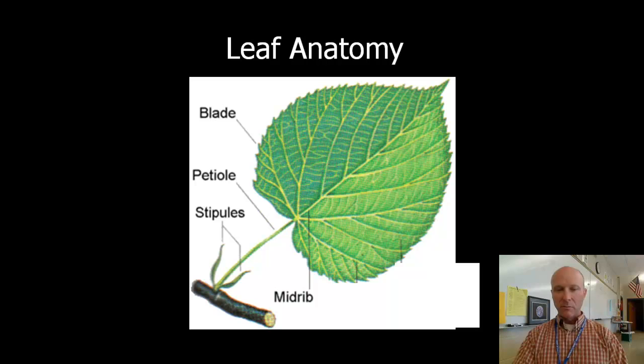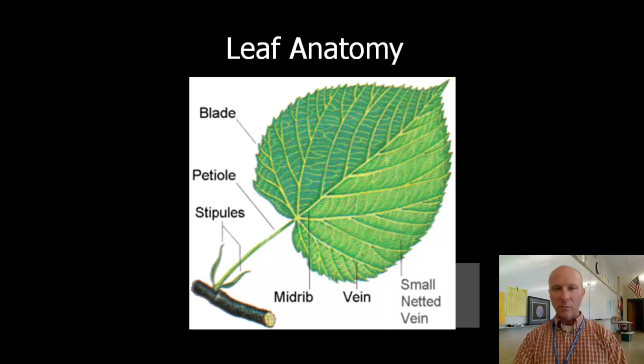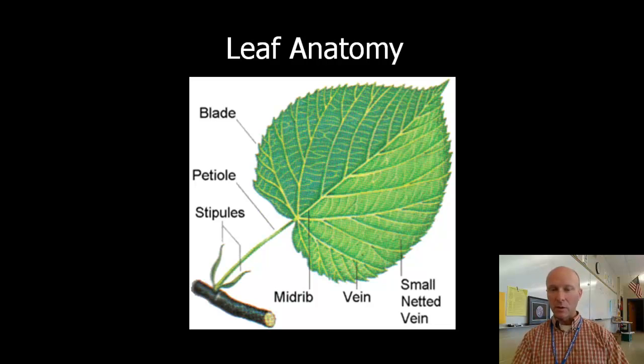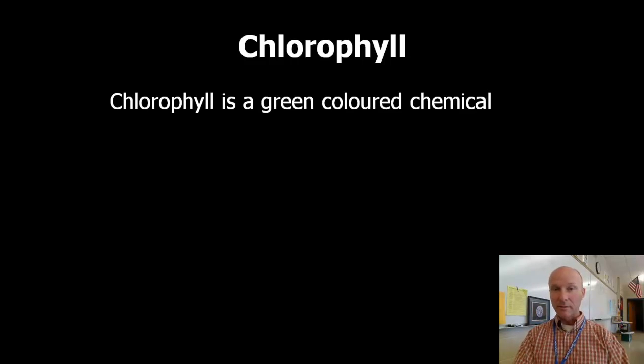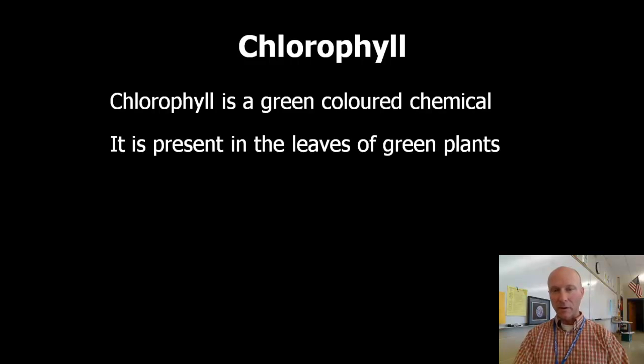You've got these midribs and veins and smaller types of small netted veins that carry the water from the roots all the way up to each cell in the leaf. Have you heard of chlorophyll? Chlorophyll, as you might know, is in plants. It's a green-colored chemical, and it's necessary for plants to actually do photosynthesis. There are other types of chemicals that plants have to do this, but chlorophyll is by far the most efficient